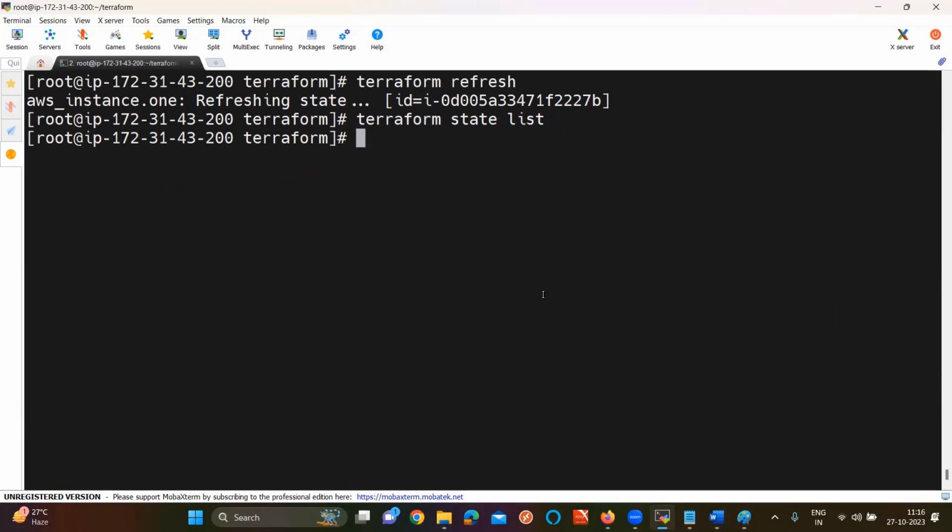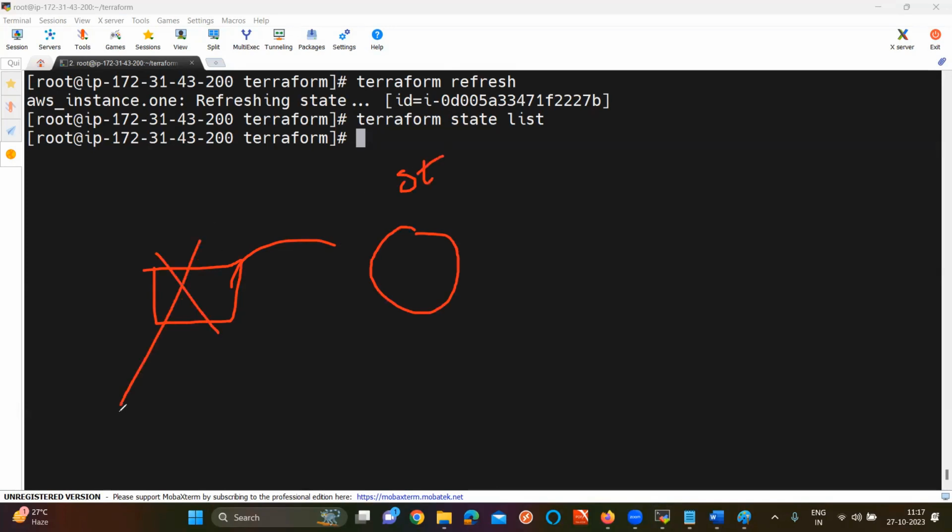Is it showing now? There is background work for it. I'll explain what happens behind the scenes. It is my server. I created it with the help of Terraform. That means the information is going to be stored in the state file. Whenever I delete the server, the state file does not remove this directly.